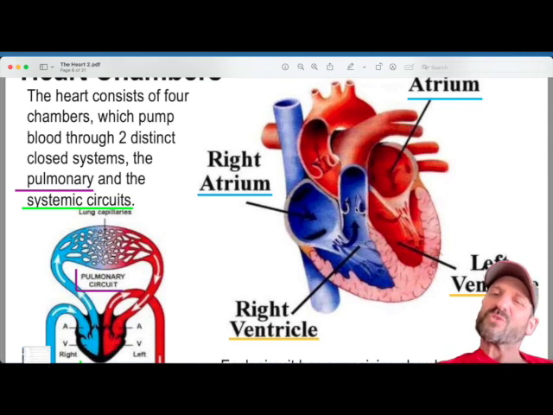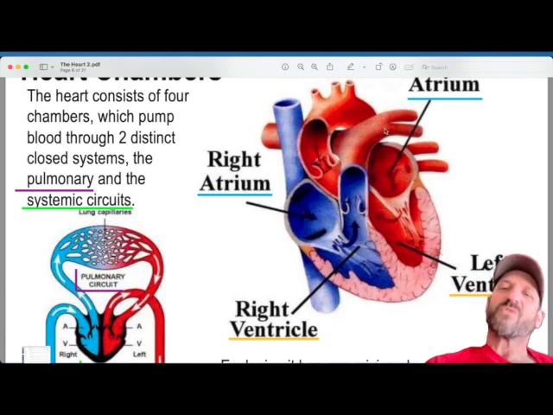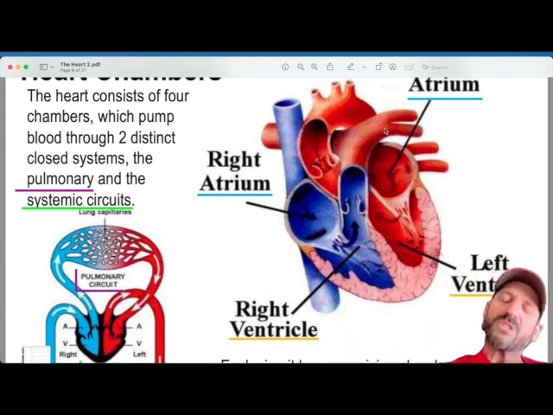But the other purpose for those valves is when we contract the heart on the inside, it takes a little bit of force to push those doors open. And that little force gives it extra oomph, extra push, so that the blood gets pushed further into the body with more force. And so it's an interesting thing to have these things.